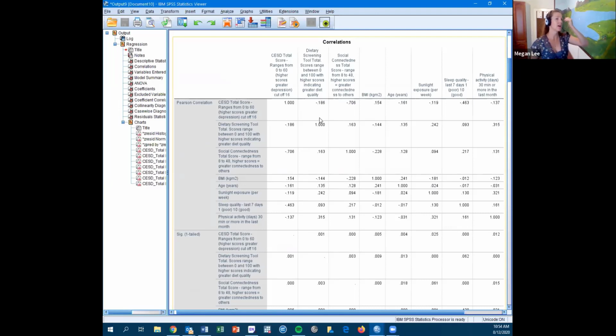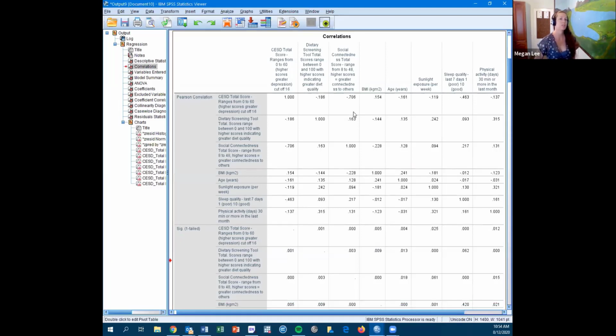Keeping in mind that we've looked at these already and we found some interesting things. Just to give you a bit of a recap, as diet increases, depression decreases because it's a negative, but the regression is only 0.186, so that's quite low. That's in the low range. Social connectedness, as social connectedness goes up, depression decreases because of the negative symbol, and it's 0.7, so that's quite